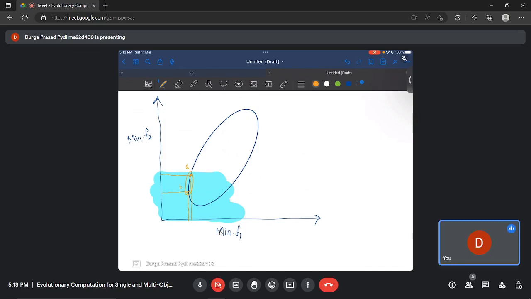When you want to minimize both of them, what we will do is essentially define an origin somewhere at the point here. Let's say this is our origin. Pareto front will be something that is directed towards the origin. So if you join this particular point and this and this and this, so in this particular rectangular region,